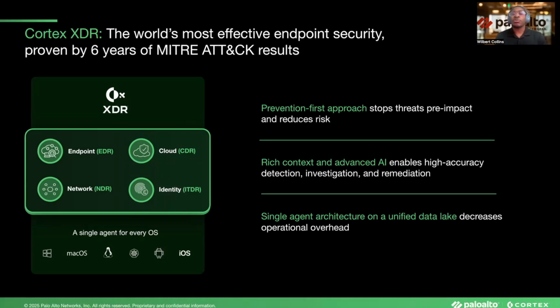And the approach that we take is a prevention first approach. No more being reactive, you want to be proactive, because that is what it's going to take to get ahead of these advanced threats. Also get rich context and advanced AI. We utilize AI to speed up the detection and investigation, as well as the remediation piece of this, as well as having a single agent to be able to unify and make a great story out of every different area that may come about. So whether that's from endpoint to identity, cloud, network, you're going to be able to see that all within this one console and have it tell the same story, whether that attack is from one place or from another, it all connects.